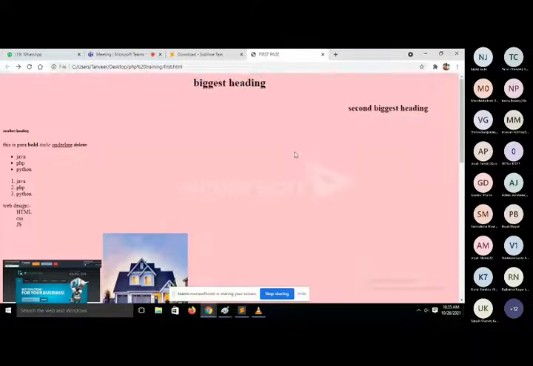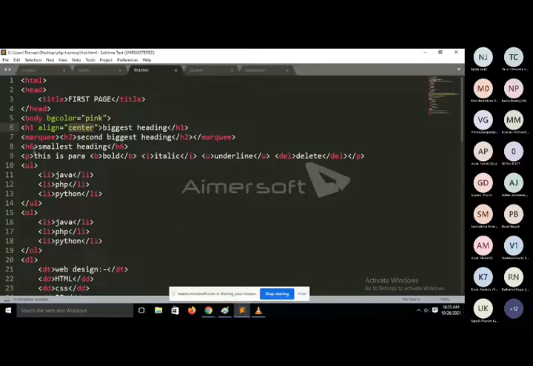I just want to control the direction and speed of this marquee tag. How can we do this? Inside the marquee tag, if you want to change the direction of the marquee, then you will use the direction attribute or direction property. In the direction you can pass either up or down.